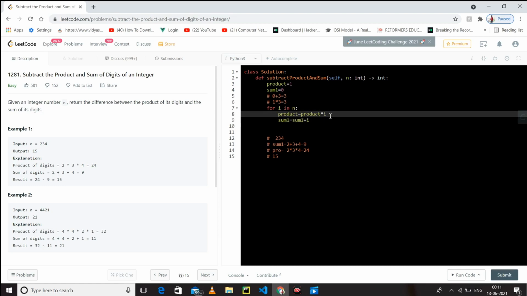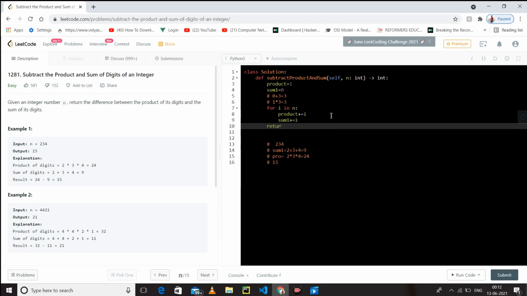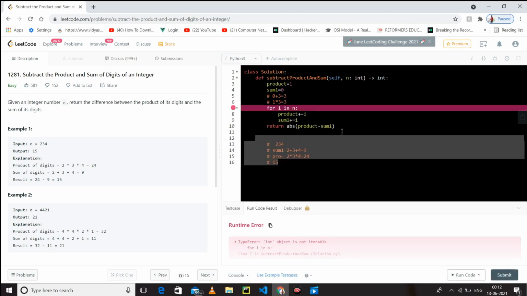So for our ease, I am writing it as shorthand. And let's return the absolute difference between the product and the sum. So that is our solution.